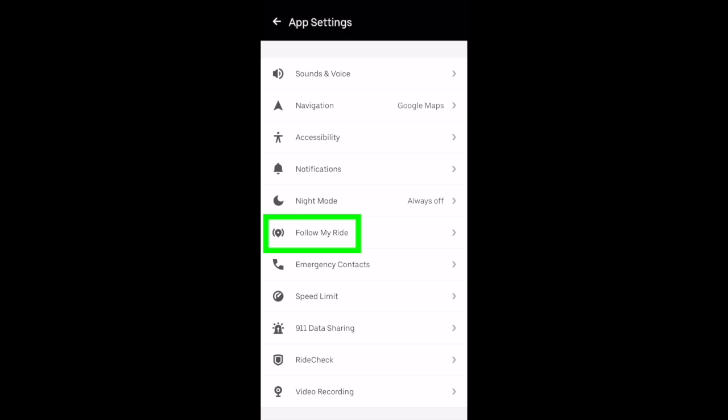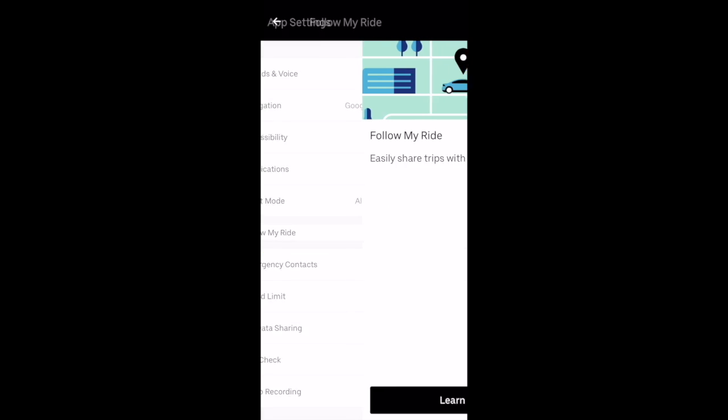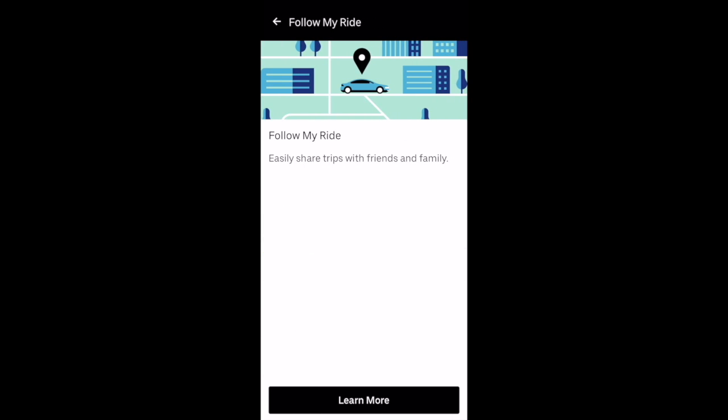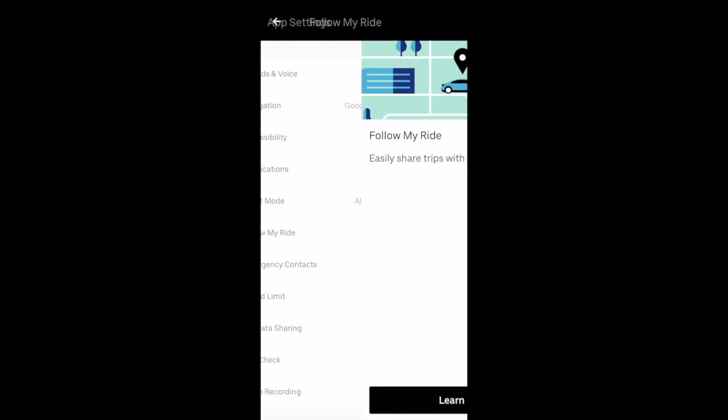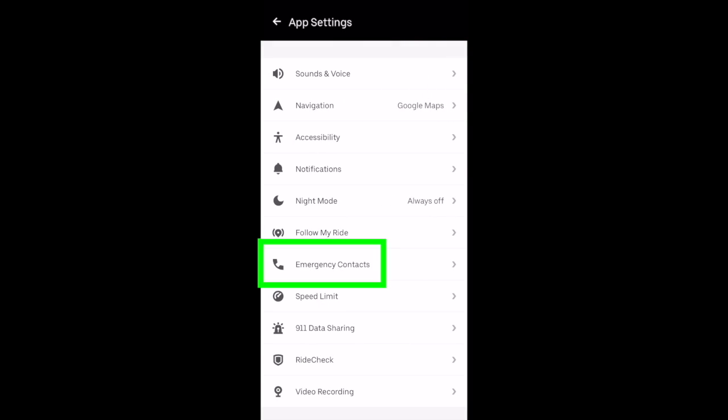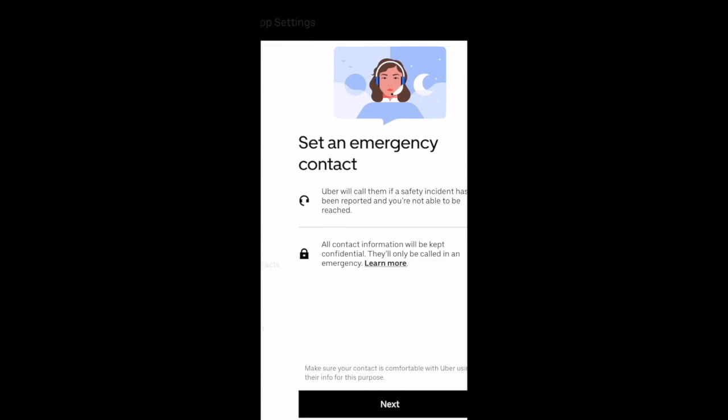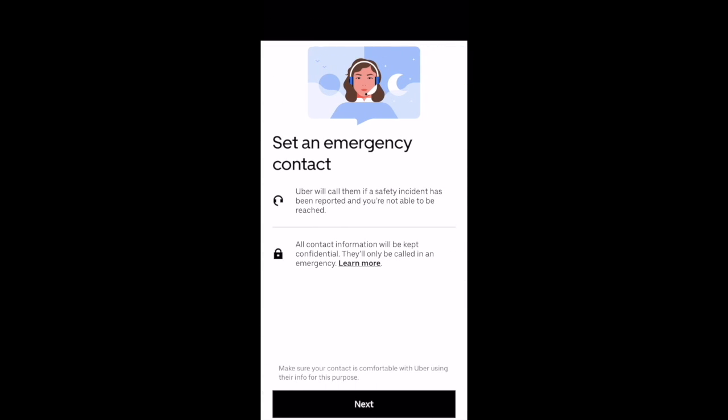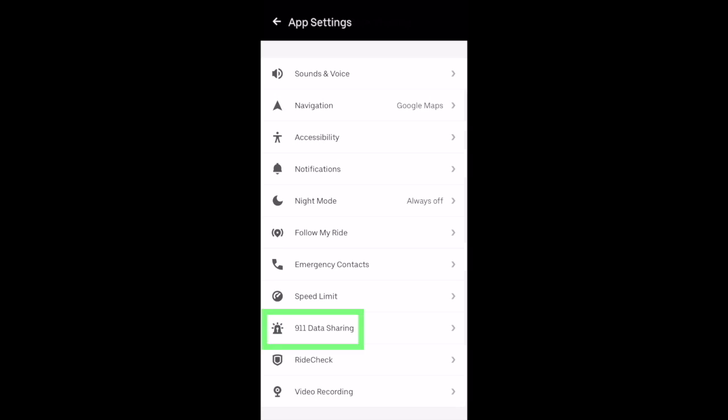If we select that follow my ride option, this is where you can actually share your location with friends and family while driving for more security. If we select that emergency contacts toggle, this is where you can set an emergency contact. If we select that 911 data sharing option,